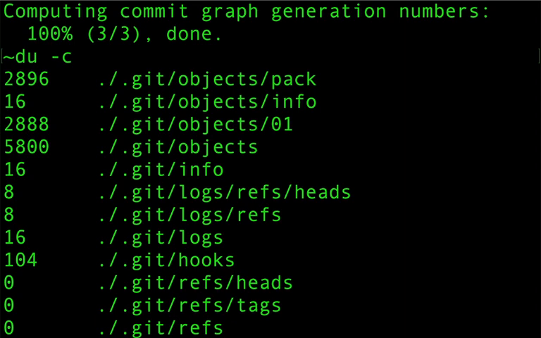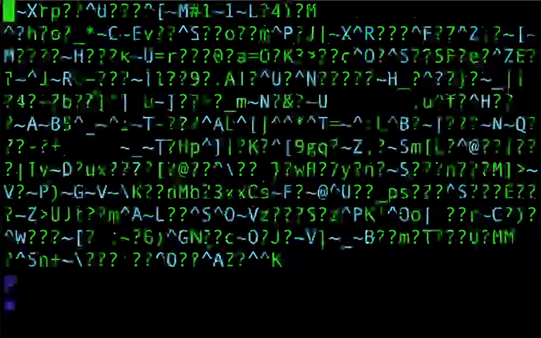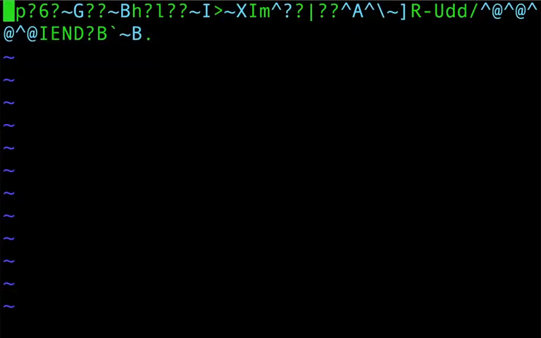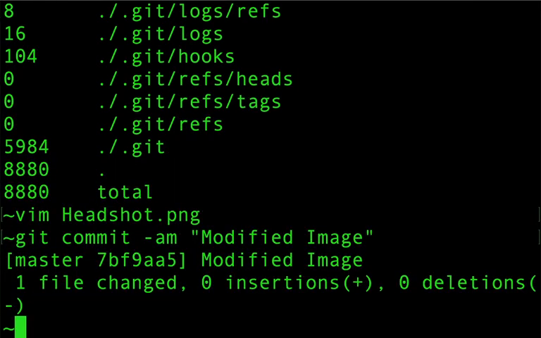So what I'll do instead is change the file again, right? So vim, the headshot. I go again to the end of the file. This is weird, and I'll let you know in the comments why this happened. But the weird thing is Git didn't remove the file, right? It should have compressed things, but it didn't. So git commit -am, let's say modified the image, and I have done a little bit of insertion over here,